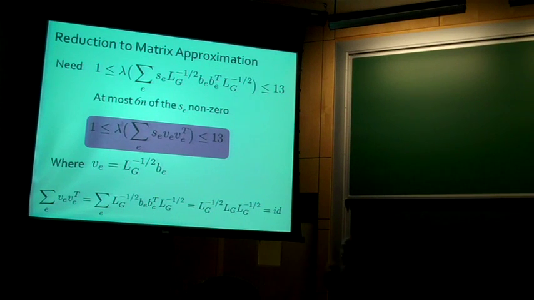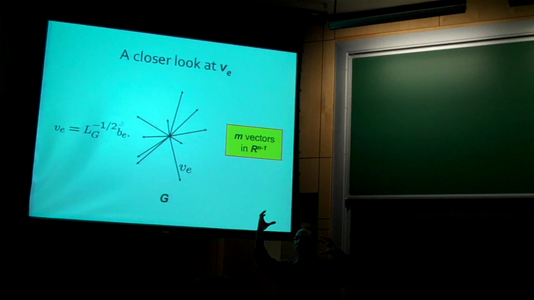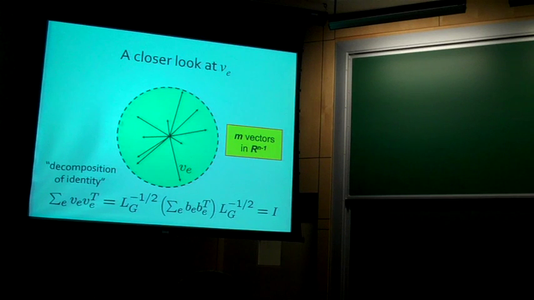So here's the picture. I have a set of vectors. Think of them as m vectors living in R^n. m is the number of vectors. I've got one vector for each edge. Their sum is the identity, which means if you look at those vectors and look at their moment ellipse, it's the sphere. Sometimes people call this a decomposition of the identity. So I have a bunch of vectors, the sum of whose outer products is the identity. And now I want to take a sum of a subset of them, rescale some of them, and get something whose moment ellipse is close to being the sphere.